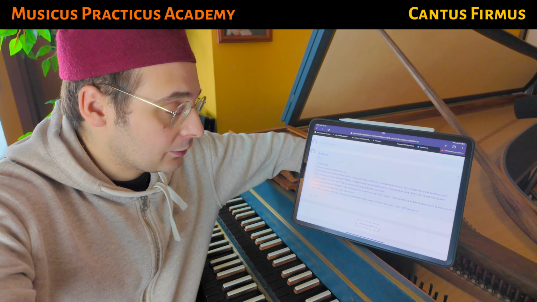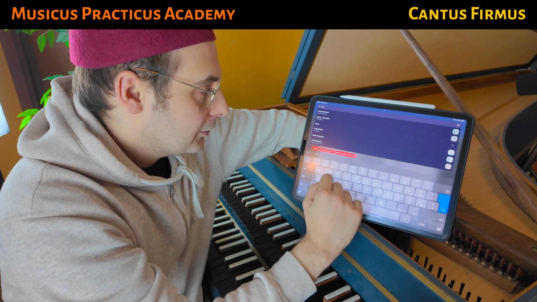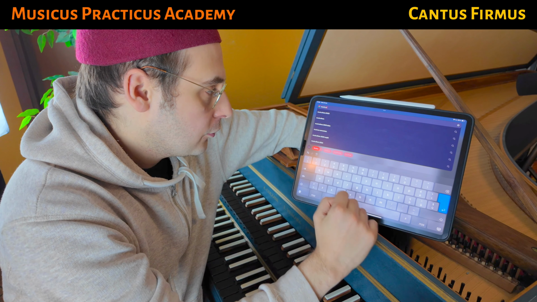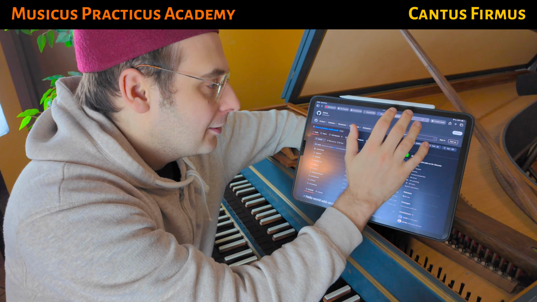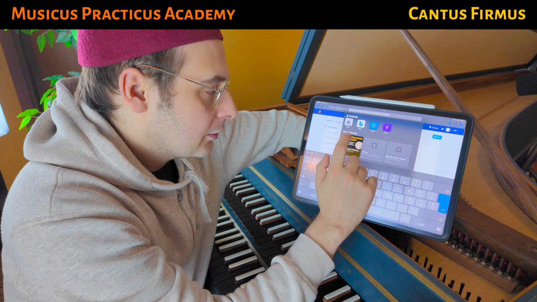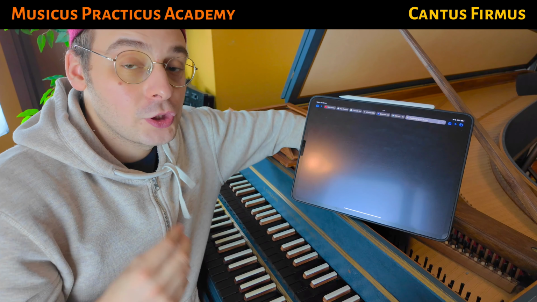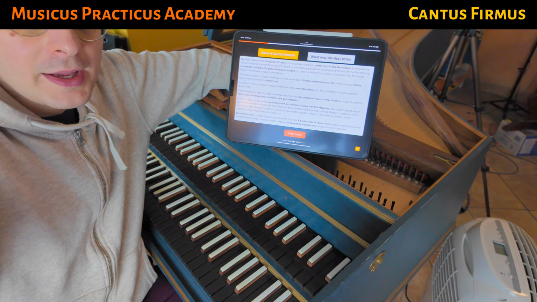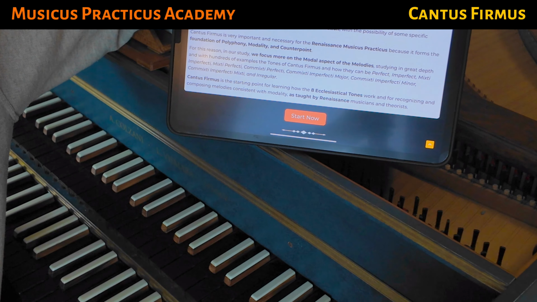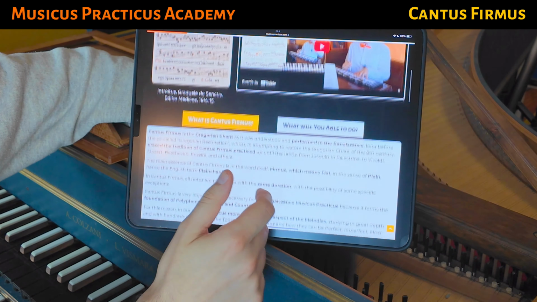In particular, we have a question by Ali, who is studying Cantus Firmus, the Cantus Firmus levels of the Musicus Practicus course here. The Renaissance path. There is this level about Cantus Firmus, I'll show you, and we have a very interesting question about the finalis. We are in chapter 4, so now I show you the screen, this way it's better, you can see all the things. And in chapter 4 you can learn all about the structure, at least the most simple structure of